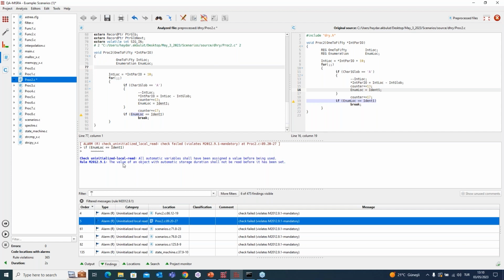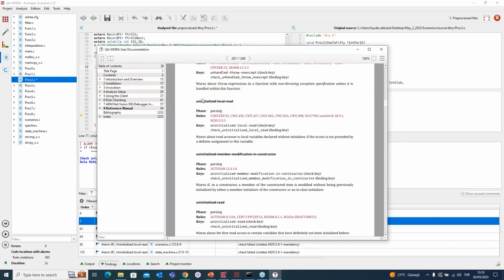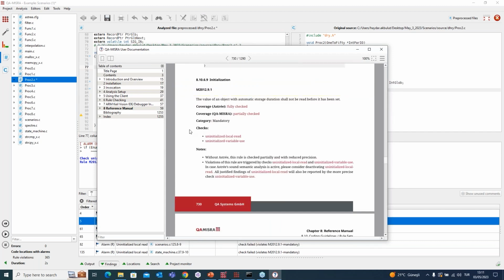Of course, another important feature is that the tool needs to help you in order to solve the issue. In here, when I click the alarm, you see the issue, the related section, and what it was related to, the check and the rule itself. If you want to learn more, you can right click and click show help, and MISRA will bring you the help section, and in here you can see an explanation of what is happening, what the check was. And then if you want, you can also go directly to the rule itself by clicking this one, and the related rule with included notes will be presented to you for your further experimentation.